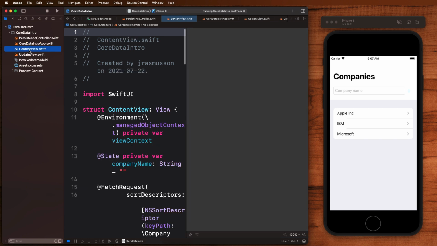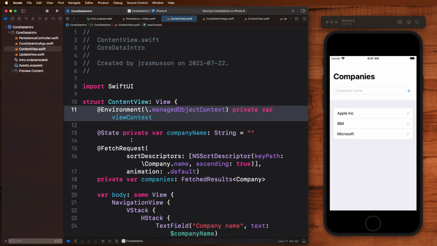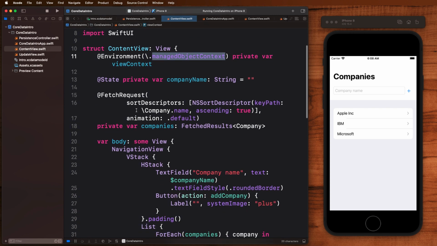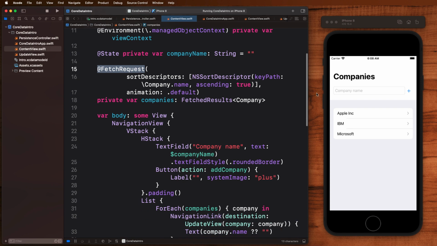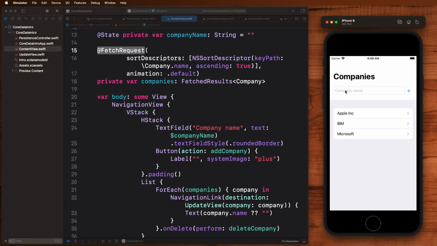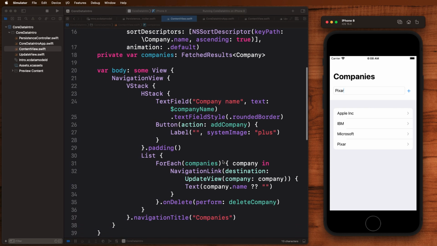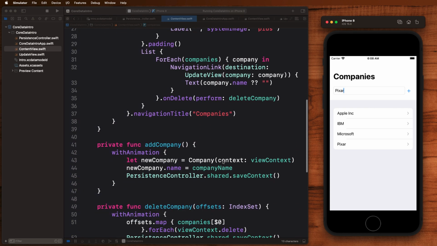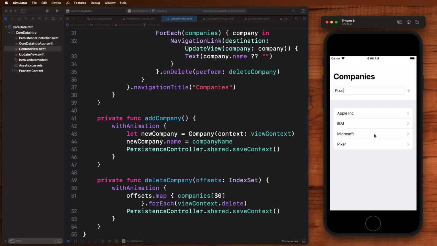And then we've just got a couple of views here, one called content view, where we inject in our managed object context. And this is just standard SwiftUI stuff. We have a fetch request here that gets all of our companies. Then we have a navigation view, which we're embedded in. And then just some text fields and buttons to add new companies, take that information, and create new company entities. And then we can do things like add. We can delete by swiping right here. And then if we want to see more details, we can do that by clicking on a